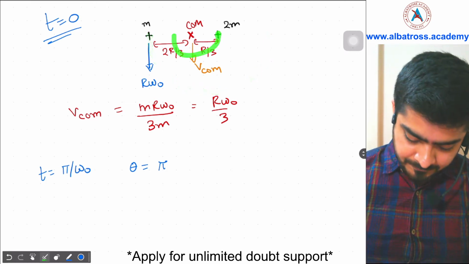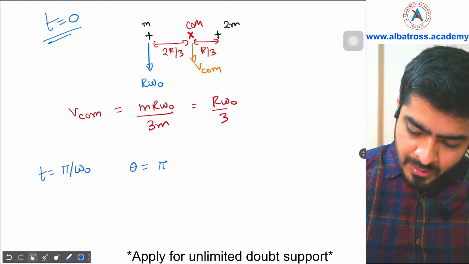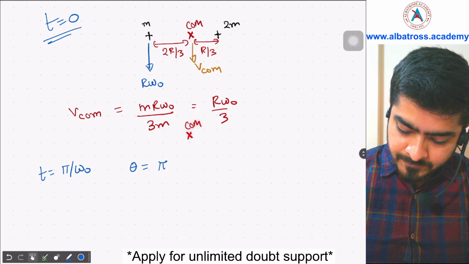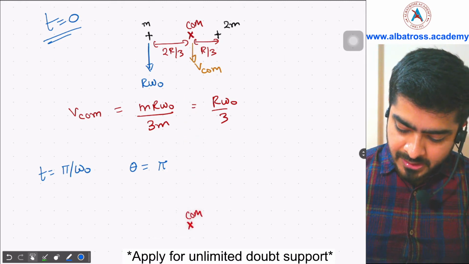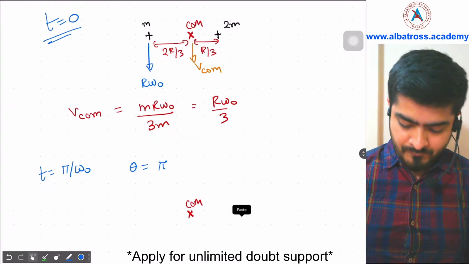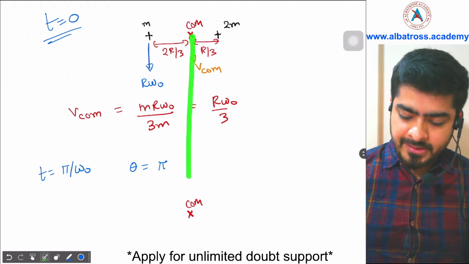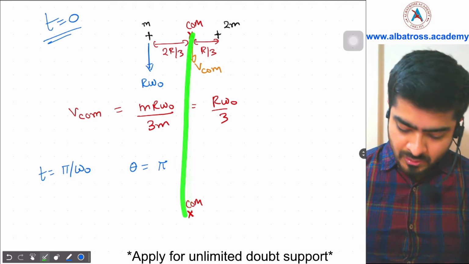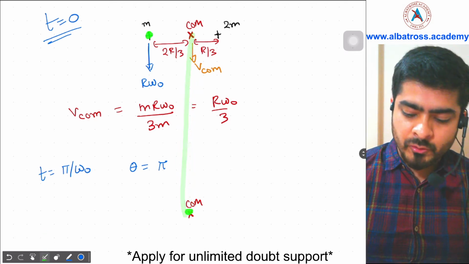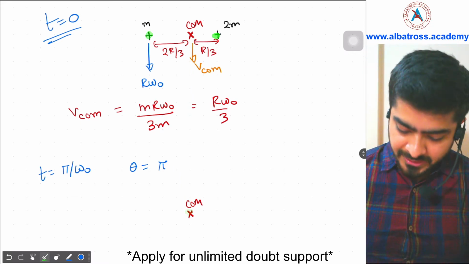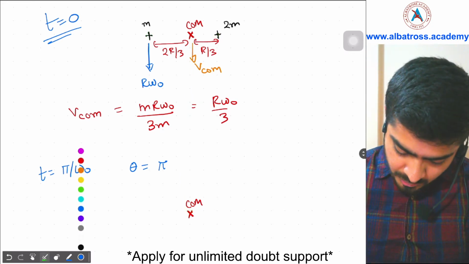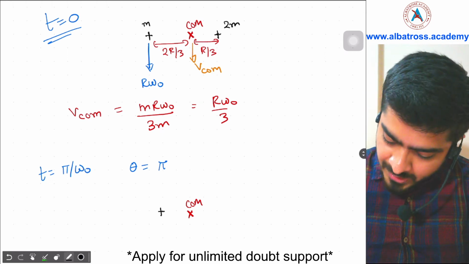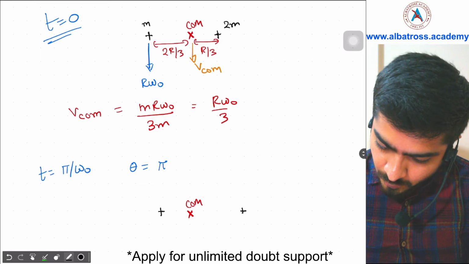So if you look at the center of mass, it is just following a vertical path, a straight line path along the y axis, coming down like this. The center of mass would have followed a linear path. It is not changing its x coordinate, it is only changing its y coordinate. But about the center of mass, the two points would have exchanged their positions. So the center of the smaller disk, the 2m mass, will be over here, and the center of the bigger disk will be over here.